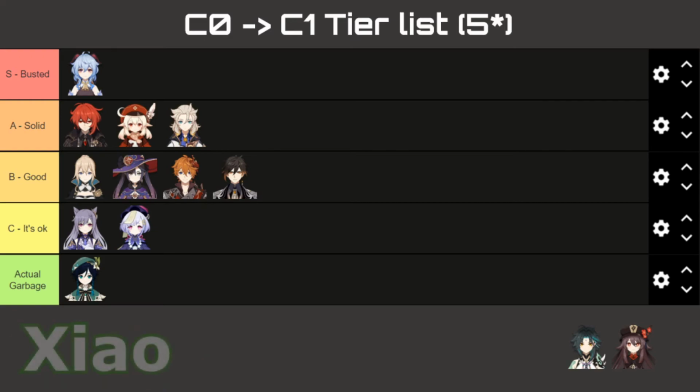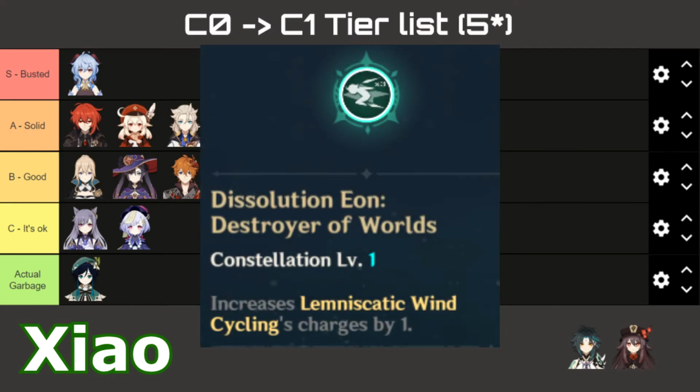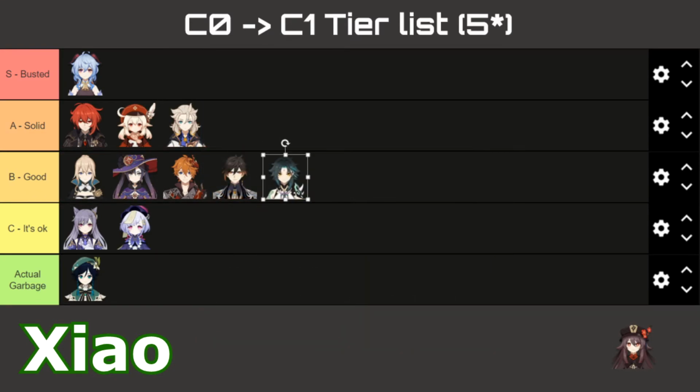Next up, Xiao. So Xiao, one of the more hyped characters as well, very recently, you know, with his plunging attacks, unique gameplay, pretty fun. His Constellation 1 increases Lemniscatic Wind Cycling's charges by 1. So at first you may think, oh, it's pretty trash, you know, you just get 1 charge and that's about it. Now, the reason why I would put this in good tier,